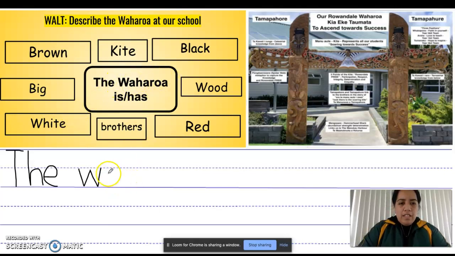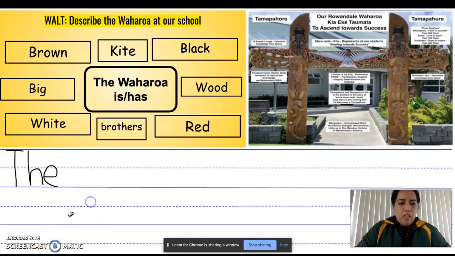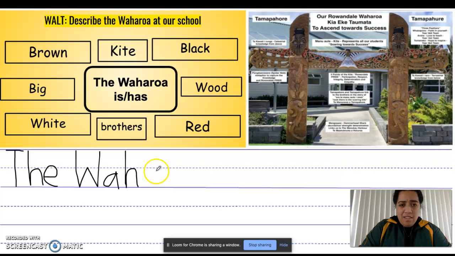The Waharoa. Oh, I made a mistake. I need to go back. We need to rub it out. What did I forget to put, Aroha 3? A capital W. The Waharoa. The Waha. That's a bit tricky writing with no paper. The Waharoa